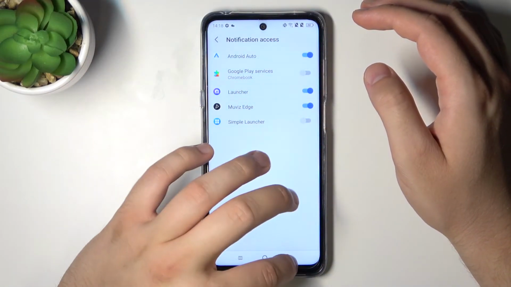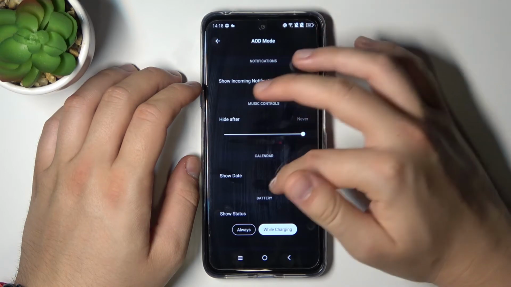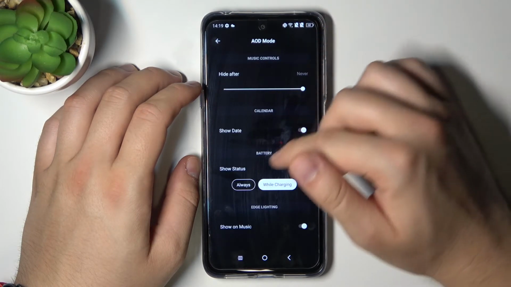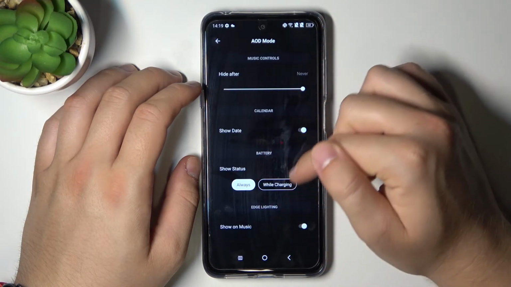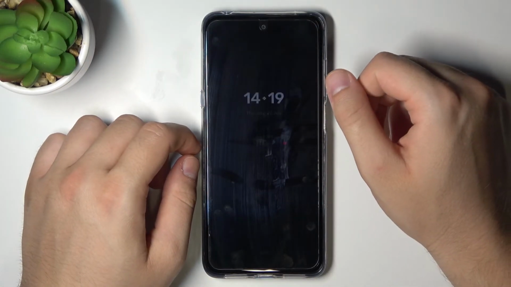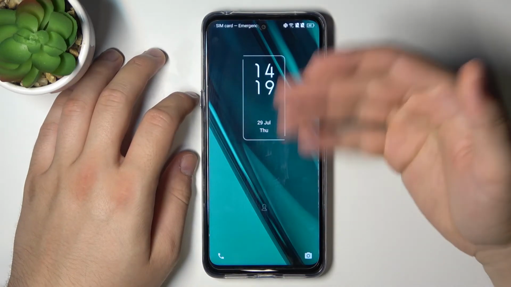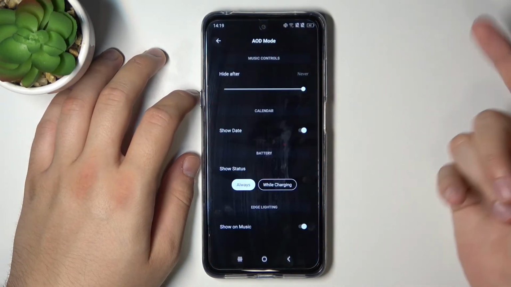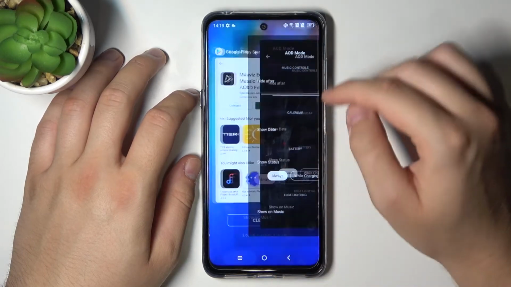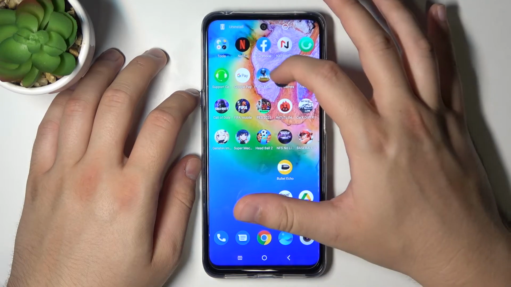So tap on the switcher, click allow. We can also control music as always. We can show the date and show the status of our battery also always. Right now when you lock our screen, after a few moments we will get Always on Display. When we tap once, we will be moved to the lock screen and we can use, for example, the fingerprint sensor to unlock our smartphone. So as you can see, that's how we can turn on and customize Always on Display